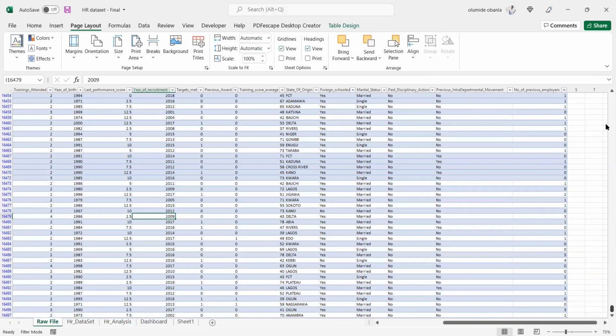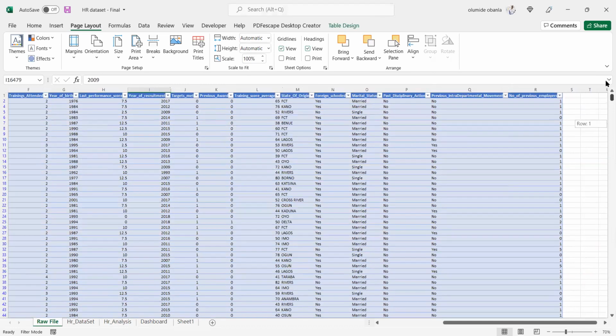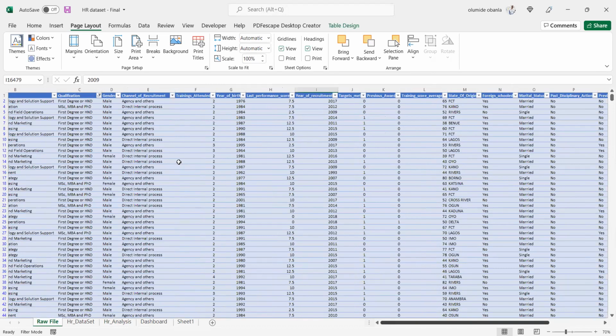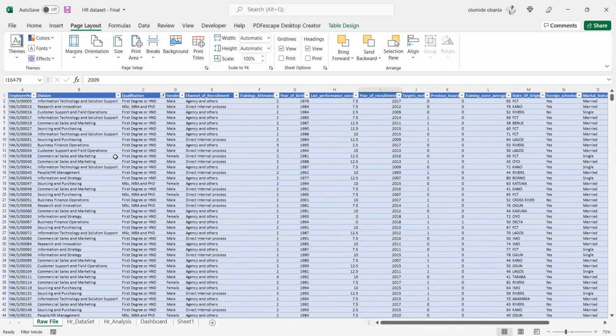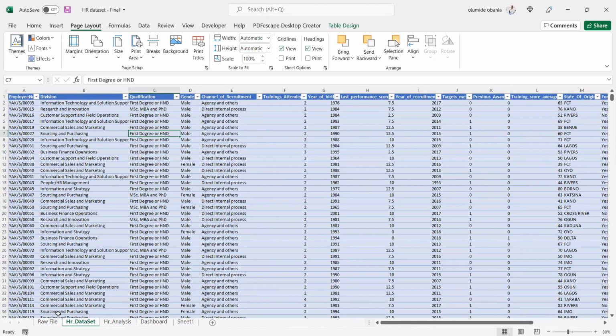Okay, this is the raw data. When I started, I was thinking this data was totally clean. When I was doing it, trying to bring it out, I noticed there were some spaces that were not filled, they were left blank. So based on that, I used a filter, hid them, then copied it and created another sheet. That's why I named it from the